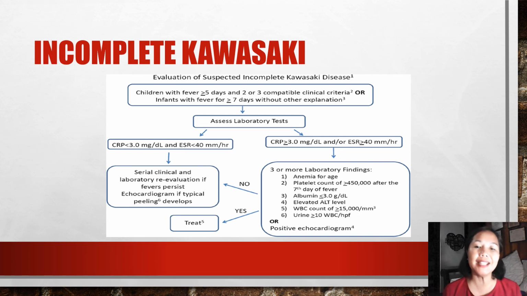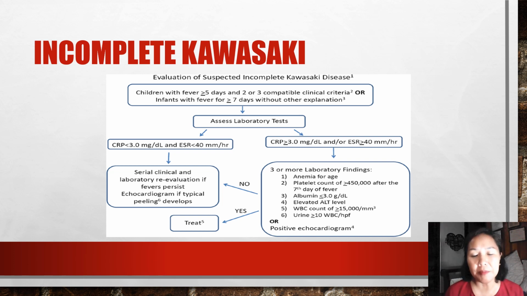Incomplete Kawasaki disease should be considered when an infant or child has prolonged unexplained fever with fewer than 4 of the principal findings. So how do you evaluate a suspected incomplete Kawasaki disease? First, you obtain ESR and/or CRP. When it is elevated, draw blood and